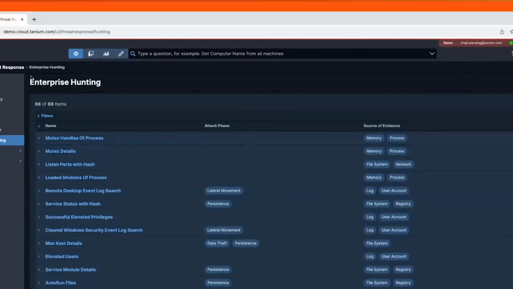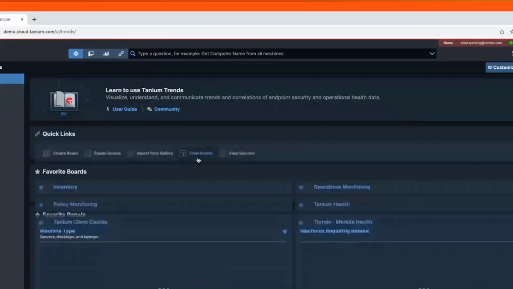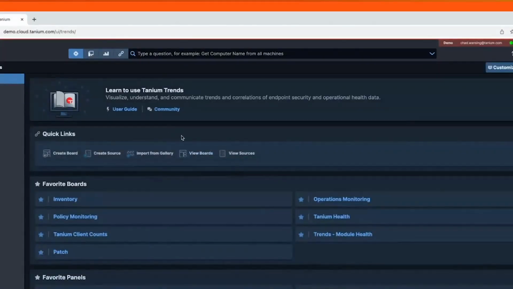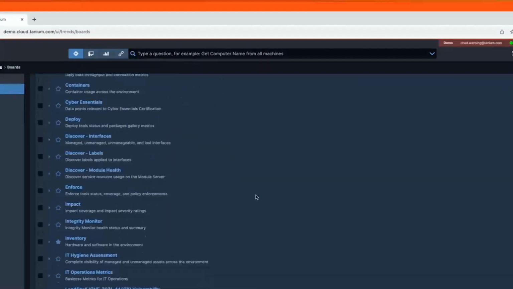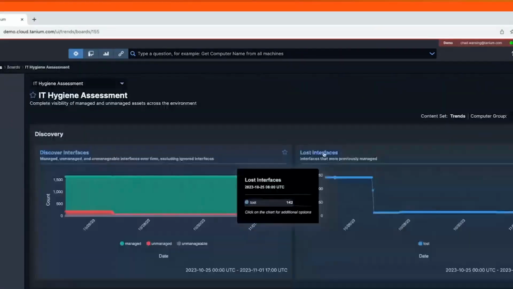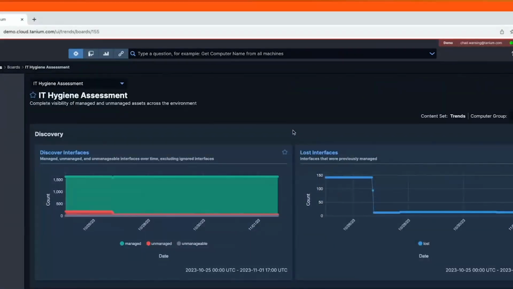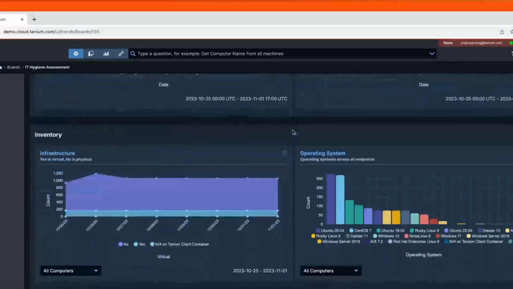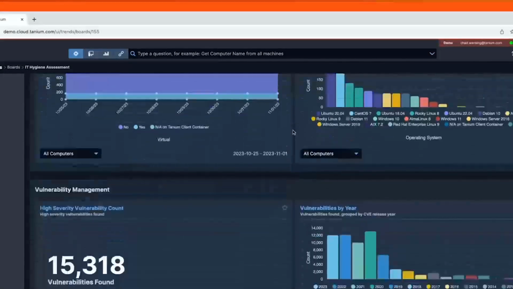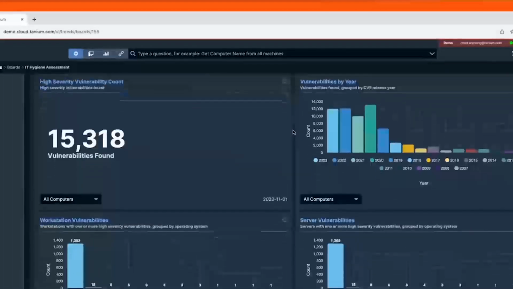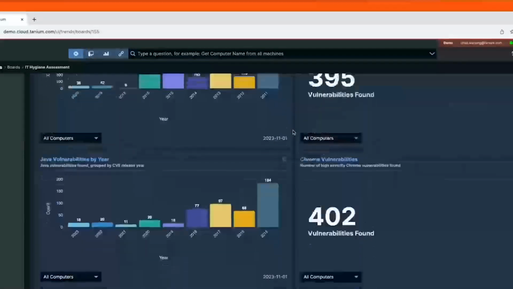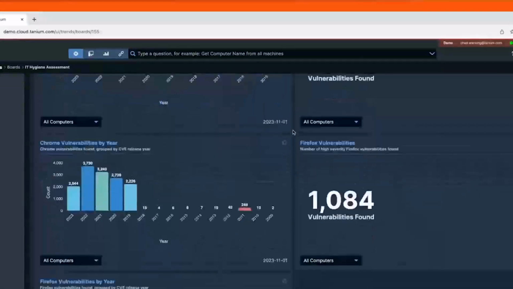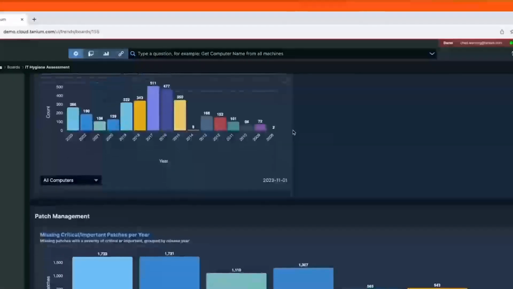Now, last but not least, I think we can all identify with the fact that that which cannot be shown in a pretty board, right, pretty graph, when we start talking up the chain, it didn't actually happen. Any question Tanium can ask, I can represent graphically. And this is just a small subset, right? Because again, if you can't show that you did it, how are you going to relate that to someone who may not have time to really dig in? We can show these trends.